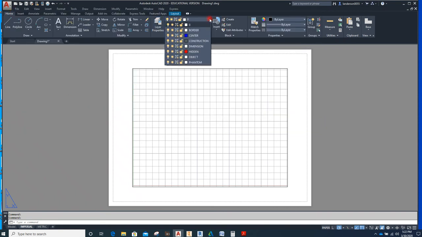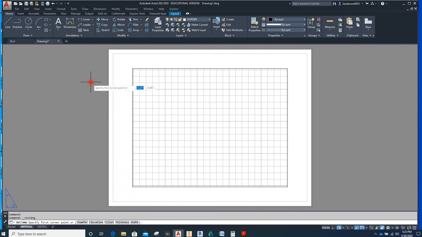Next, we're going to select border. Sorry about that. We're going to pick the outside edge of this paper and use that for our line, our border. Okay, this is 11 by 8.5. Okay, now